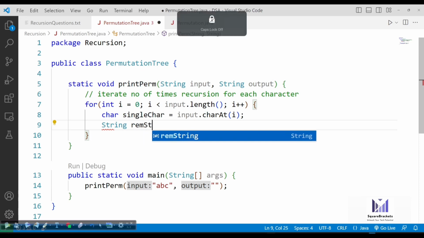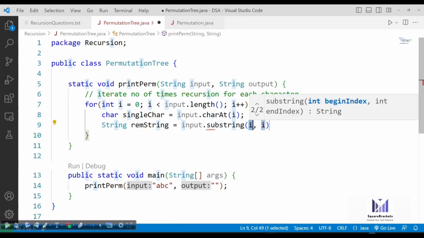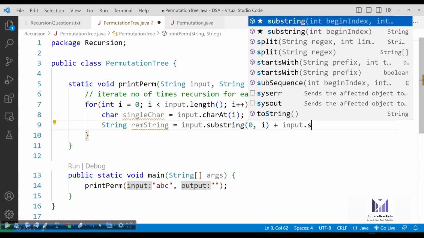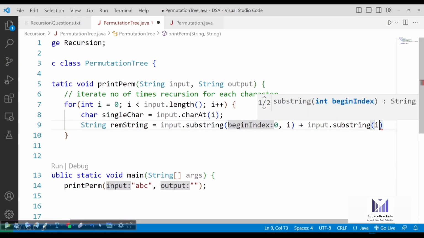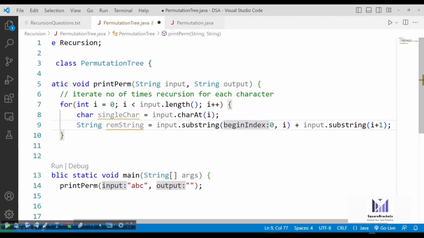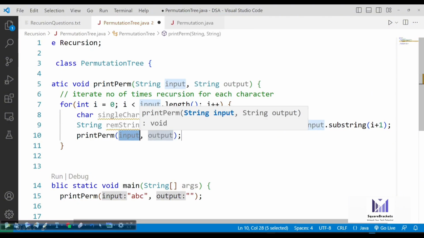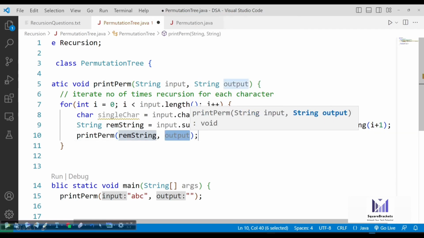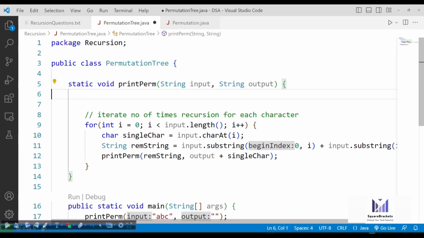Now in a string, we'll have the remaining string, that will be input.substring(0, i) plus input.substring(i + 1). All right, this is going to be your substring, and now you can call printPermutation again with input and output. So input will be the remaining string and output will be output plus single character. And that's it.